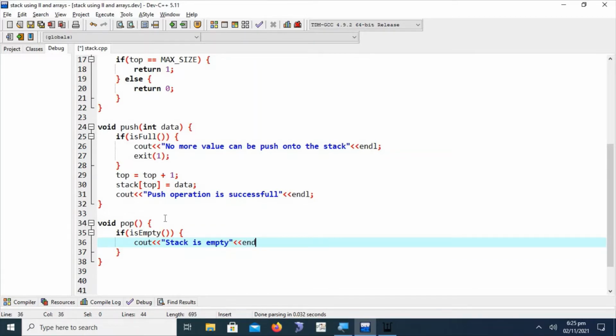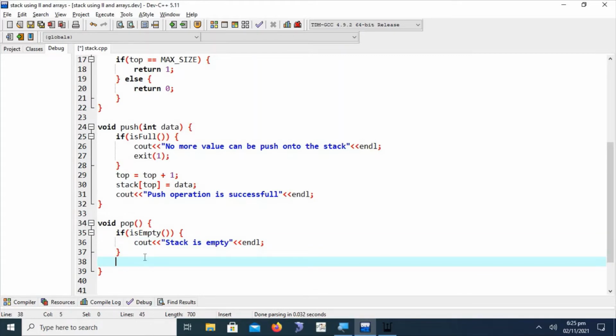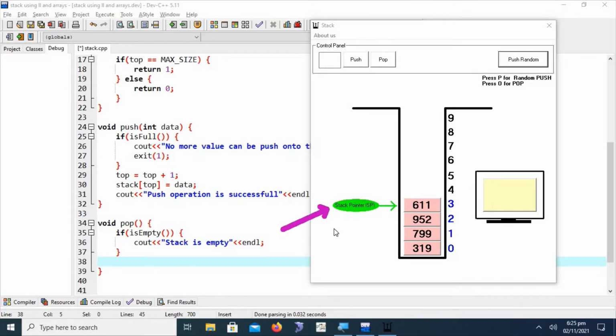If the stack is not empty, then we fetch our topmost element that is pointed to by the stack pointer. We can pick this element with the help of the stack pointer.